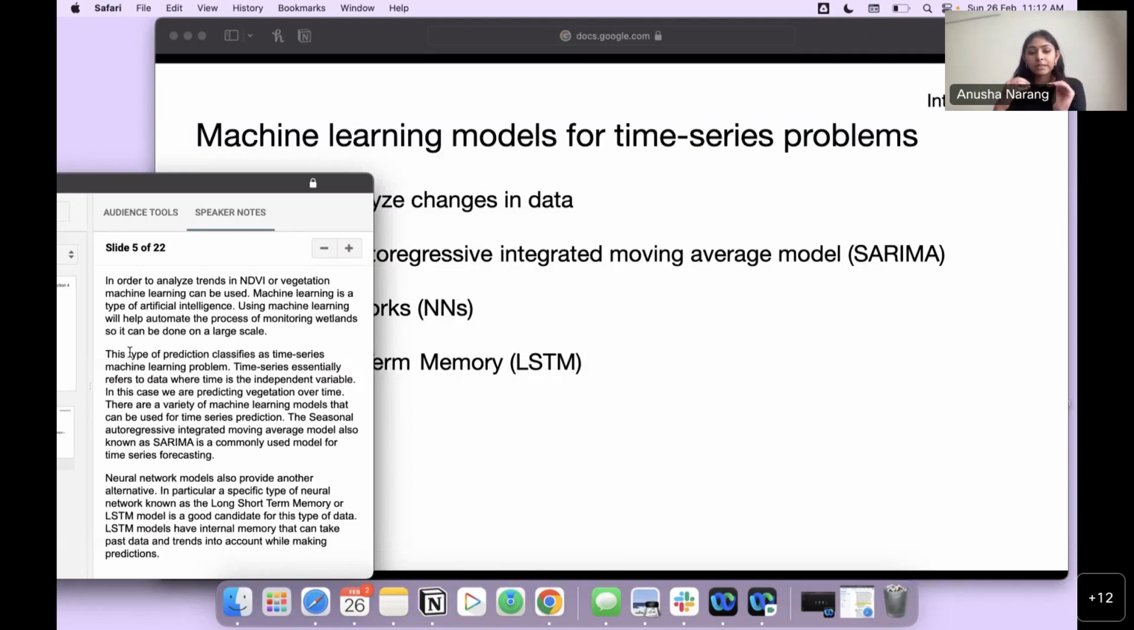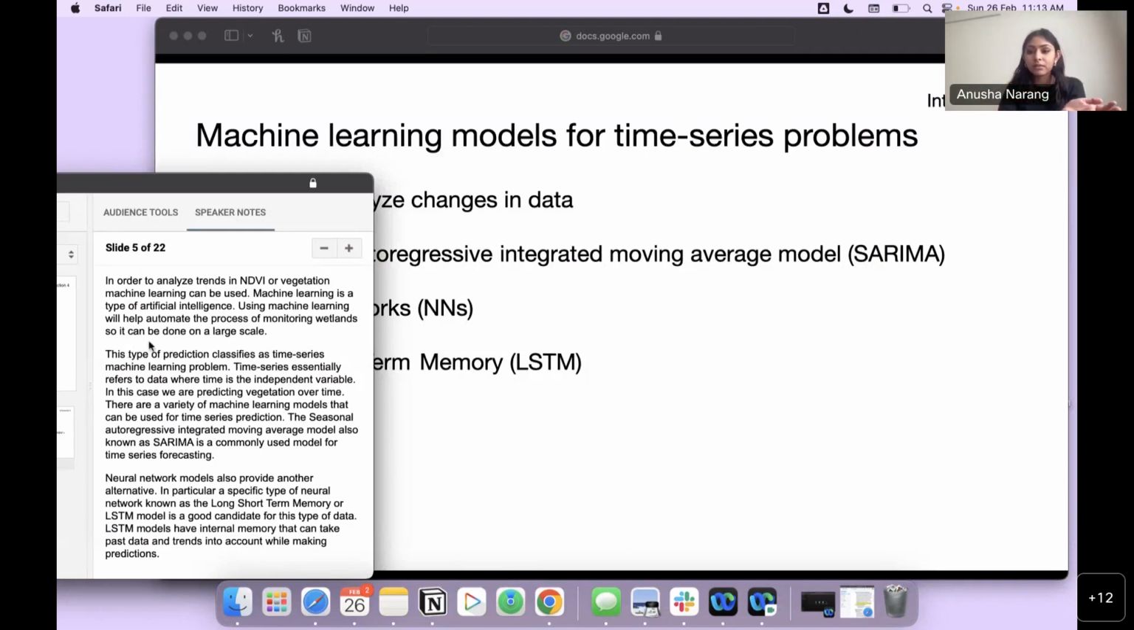The seasonal autoregressive integrated moving average model, also known as SARIMA, is a commonly used model for time series forecasting, and neural network models also provide another alternative. In particular, a specific type of neural network known as the long short-term memory model, or LSTM model, is a good candidate for this type of data, and LSTM models have an internal memory that can be taken into account while making